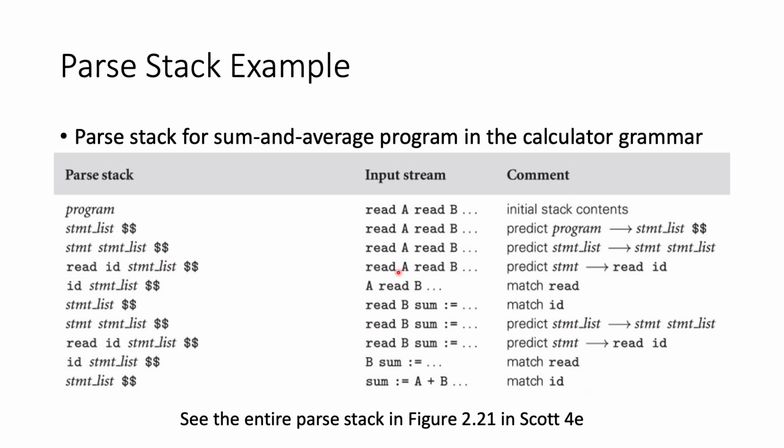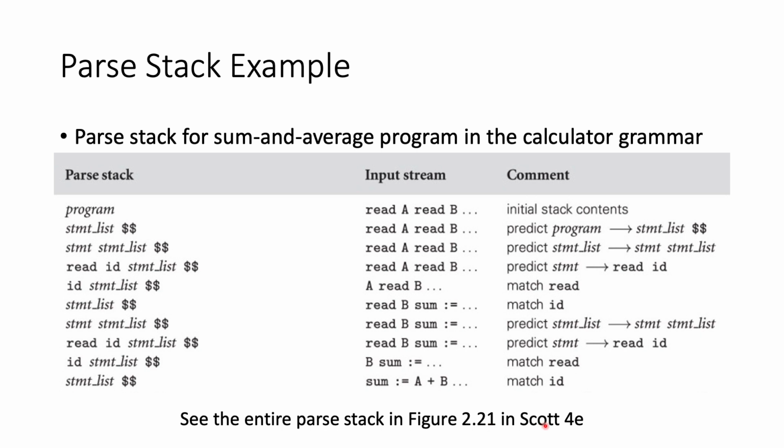So the read token is consumed and removed from the input stream. We can continue this process until the top of stack is the end marker, or if an error occurs. You can see the entire parse stack of this example in figure